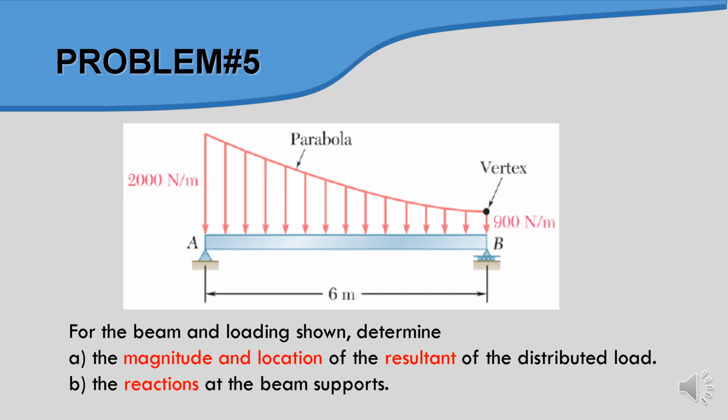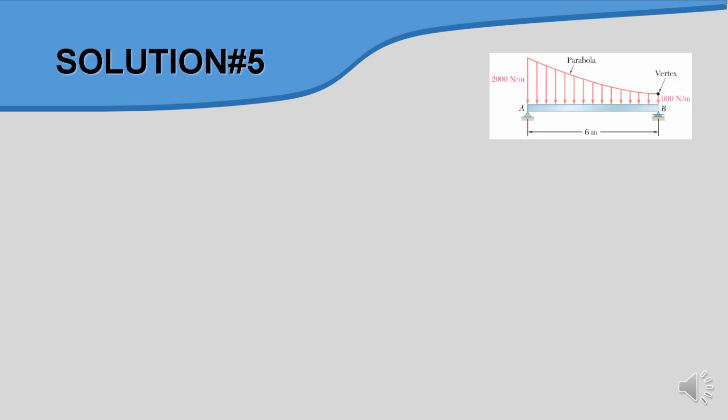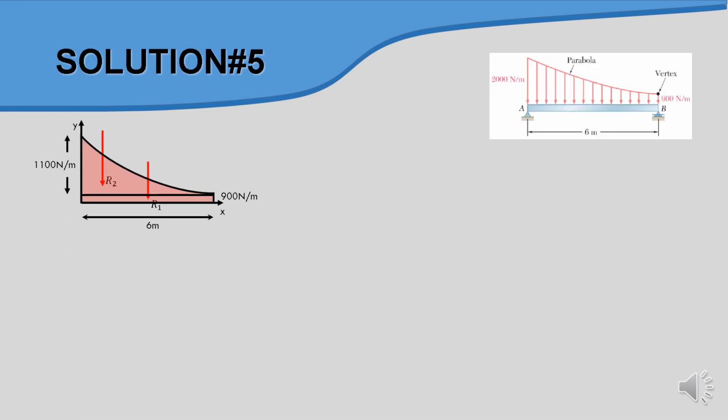By using the formula for the common shape, we will get the surface area. So we will divide into R1 and R2, get the surface area of R1 and the surface area of R2, and then we sum them all together. Okay, we will get